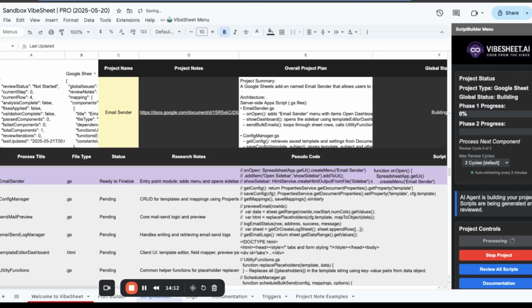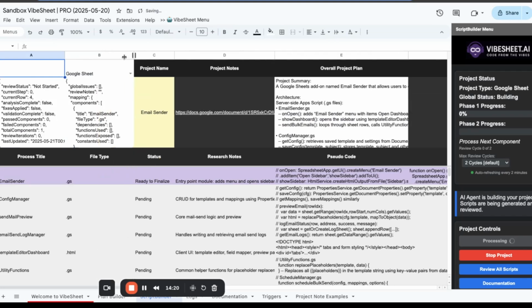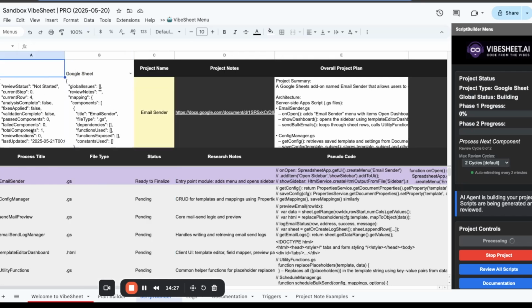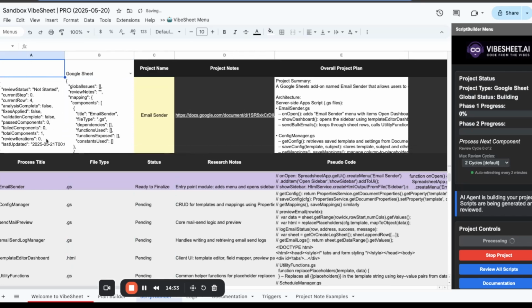And then you'll notice there's some data here up in A2 and B2. You don't have to do anything. Those are just tracking the overall environment. So B2 is tracking everything that it's working on, and A2 is tracking progress. Again, nothing for you to do there. It's just kind of fun to watch it. It will increment, it will track, and